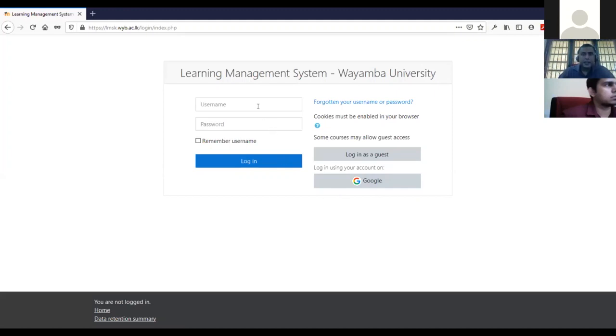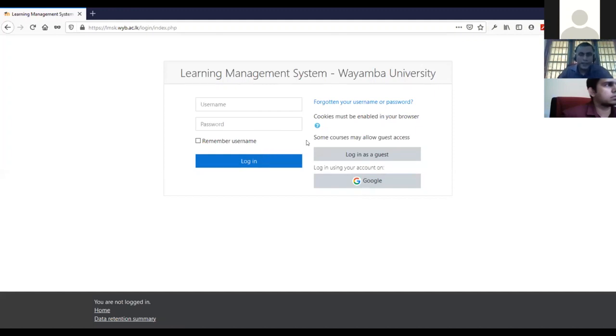And let's say you don't have an institutional email. All those people have been given an LMS account just to log into our LMS, because your institutional email can be used to log into several systems, not only the LMS but all the other systems as well.